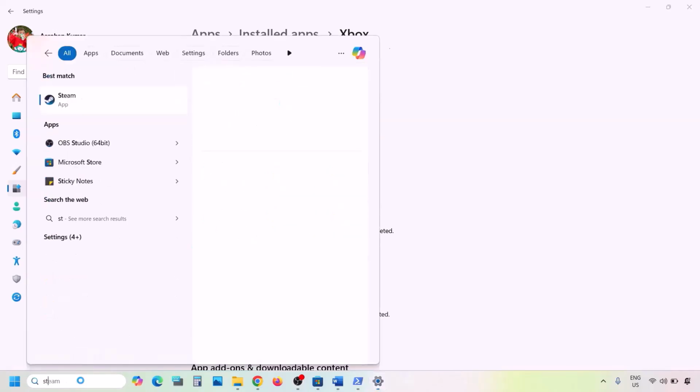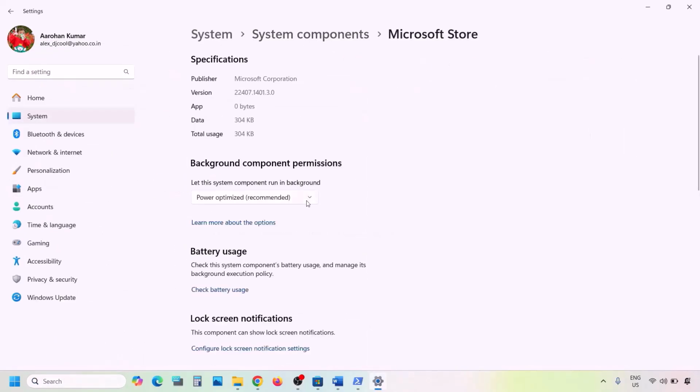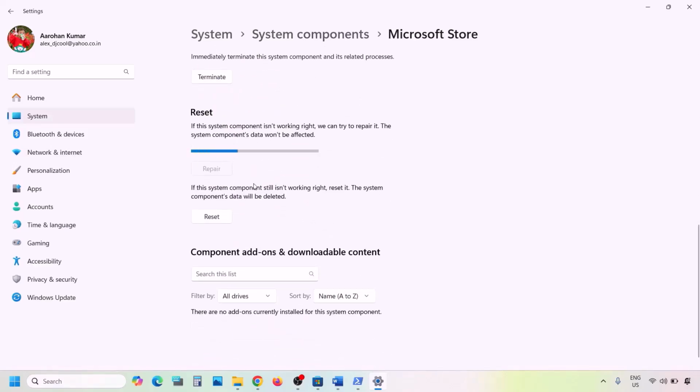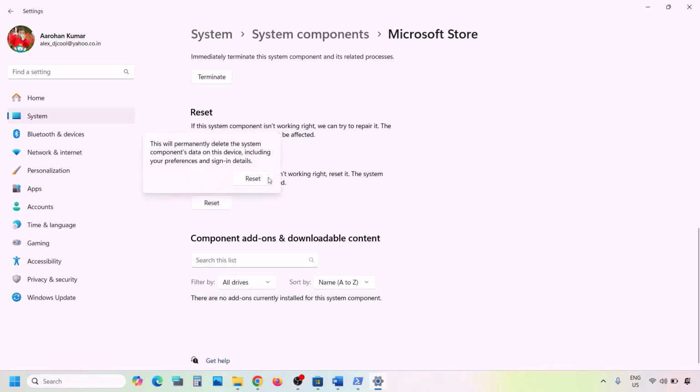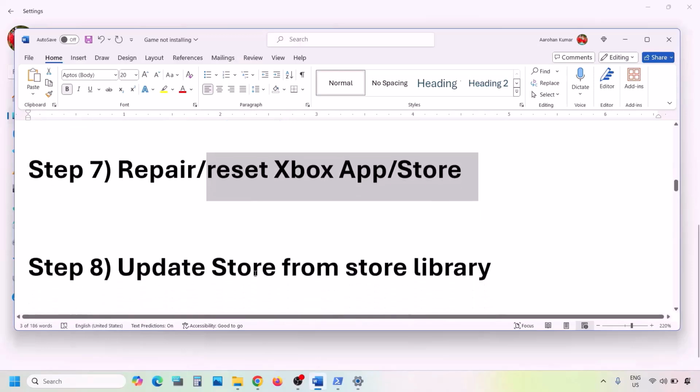So type in Store in Windows search box, make a right click on Microsoft Store and then click on app settings and do the same thing over here. Click on repair, and once the repair is done, you can check. Still you're facing the problem. You can reset, and after the reset, you can check. Now if you're still facing the problem,